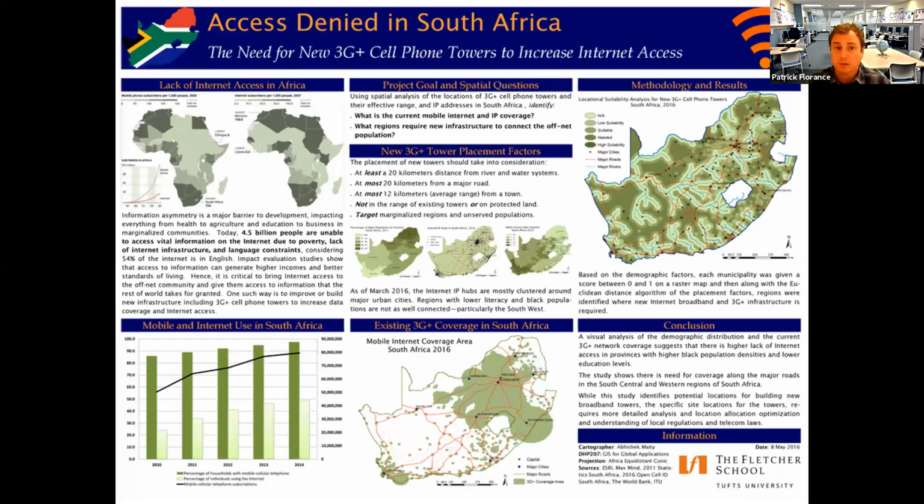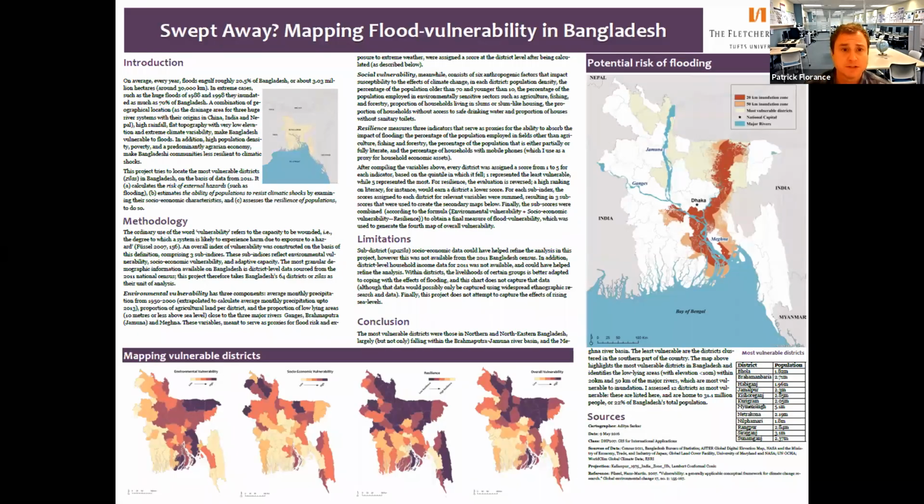So we'll use all these geospatial methods and software to try to answer some spatial questions. Questions such as, where in South Africa is there a need for new cell phone towers? This is a student project, a final project for the course, which is a large format infographic. So that's the spatial question. He's using a variety of tools to find optimal areas for new 3G cell phone towers in South Africa. Other spatial questions that we try to answer are things like identifying areas in Bangladesh that are high risk for flood vulnerability,